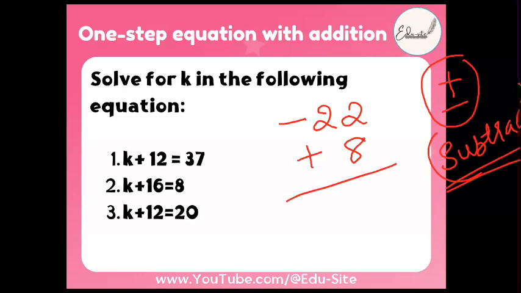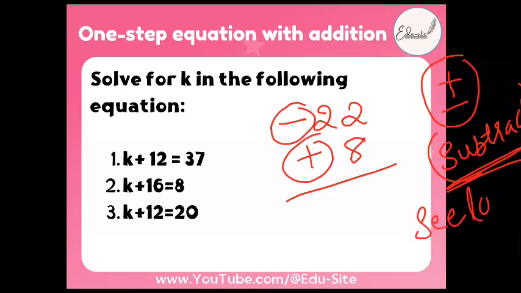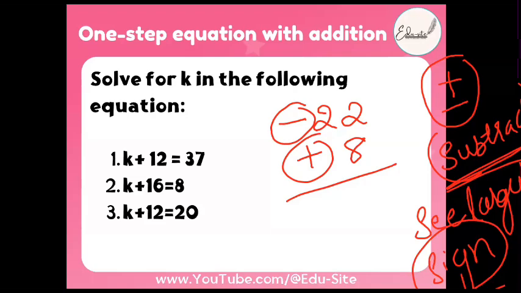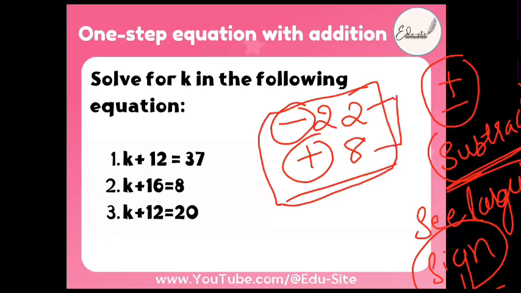First thing, if you have plus and minus signs, you have to subtract, and then you have to see the largest number. You have to see the largest number and write the sign of the largest number in your answer. That's all. In this procedure, you have to subtract here. Subtract 8 from 22. Come on, beta. 22 minus 8 is